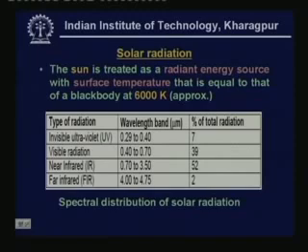You can see here that the solar radiation stretches from about 0.29 microns up to about 4.75 microns, and it consists of invisible ultraviolet radiation which lies in the wavelength band of 0.29 microns to 0.4 microns, and it consists of about 7% of the total radiation. And the visible radiation, which lies between 0.4 to 0.7 microns, consists of about 39% of total solar radiation. And the near infrared radiation, which in fact gives rise to the heating effect, lies in the range of 0.7 to 3.5 microns, and it consists of about 52% of the total